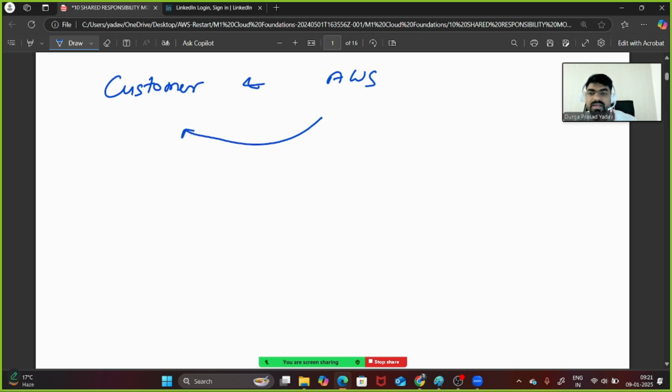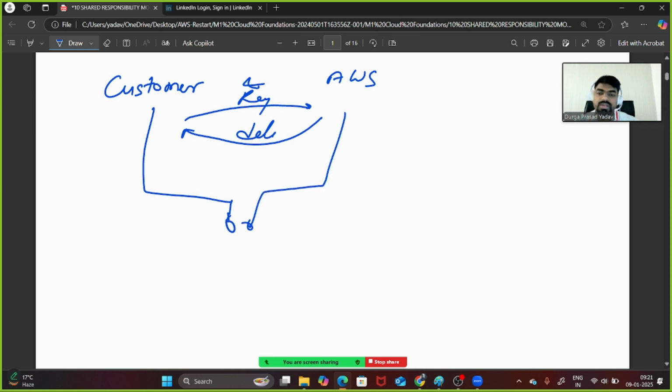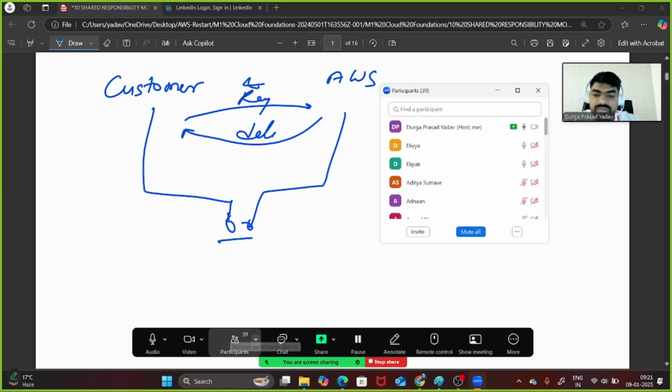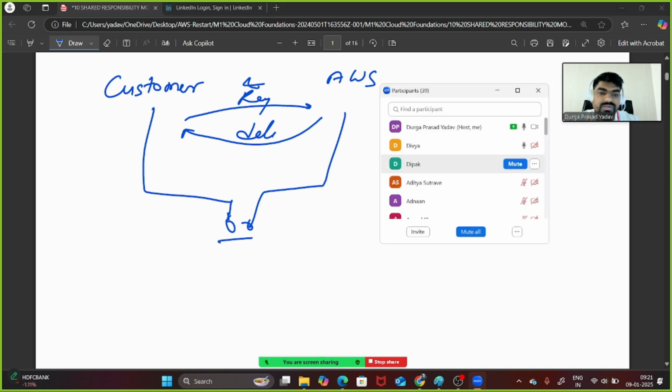Basically, what is this topic all about, guys? Let's say customer and AWS. Now AWS is delivering the services to the customer, and the customer is requesting the service. So we can say two entities are involved here, AWS and customer. So what exactly it should be when it comes to